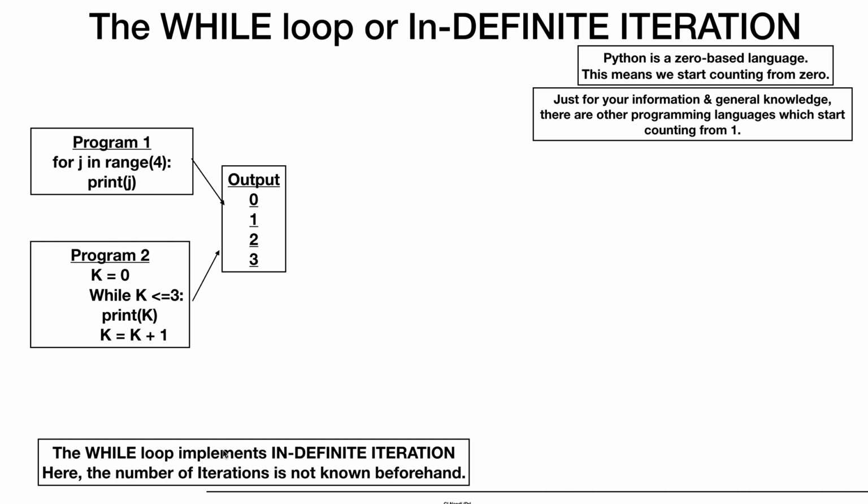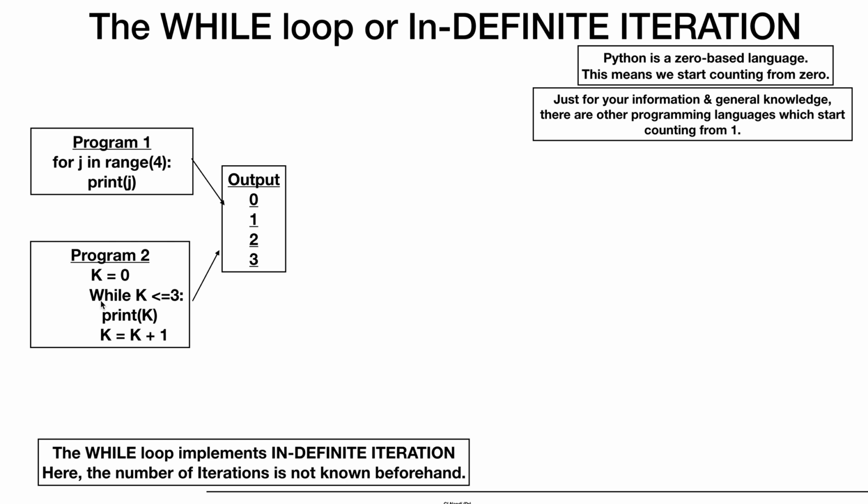Now, the while loop is an example of indefinite iteration, which means the number of times we iterate or repeat or go round the loop is not known beforehand. As is the case in the for statement, which is definite iteration, you know definitely how many times you're going to go round the loop. But in this case,